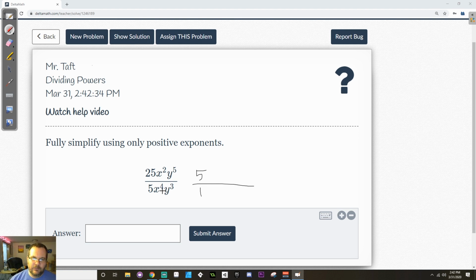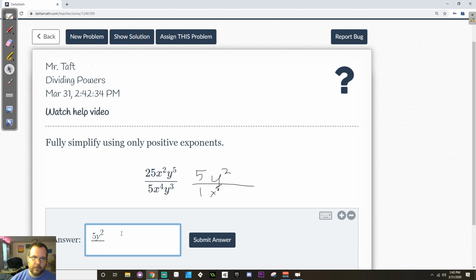And then x to the 4th, x to the 2nd, 4 minus 2 is 2. And there's more x's on bottom, so x to the 2nd goes on bottom, just like that. It's hard for me to draw with my mouse. And now y to the 5th and y to the 3rd, 5 minus 3 is 2, so y to the 2nd goes on top. So for the answer here, we've got 5y to the 2nd